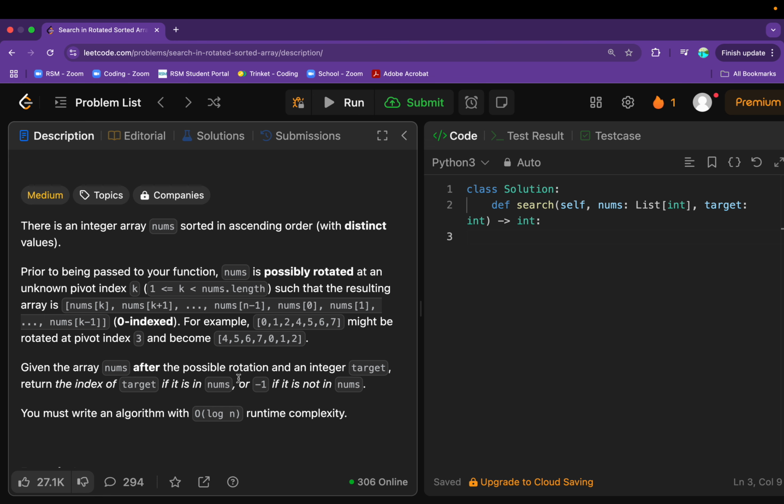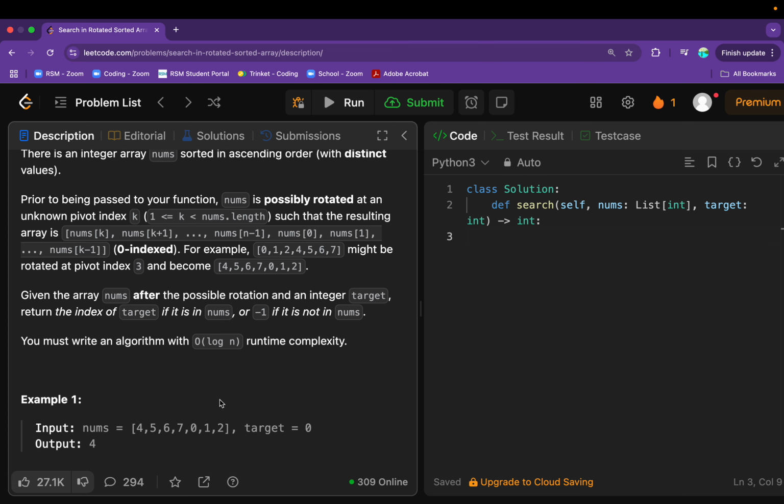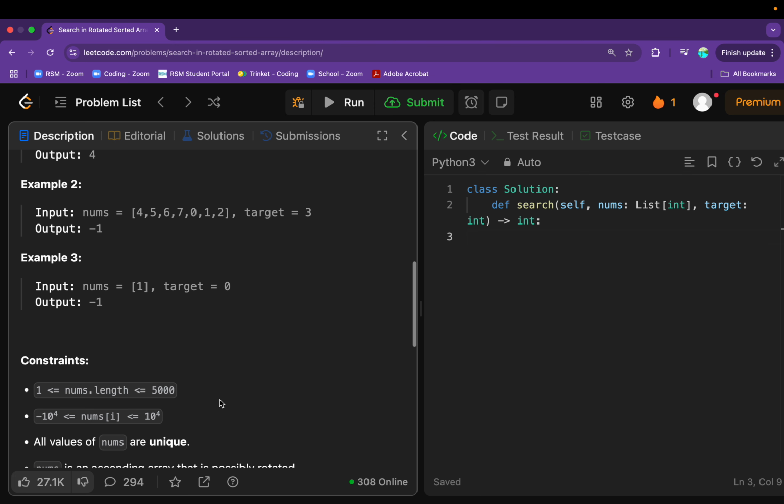But we are tasked to solve this problem with an algorithm in big O of log n runtime complexity. And usually, a quick tip for you guys, when you see big O of log n runtime complexity, 95% of the time, it's hinting you that it's going to be a binary search algorithm. And in this case, it is. But before we get too deep into that, let's first look at the examples and see how this problem really